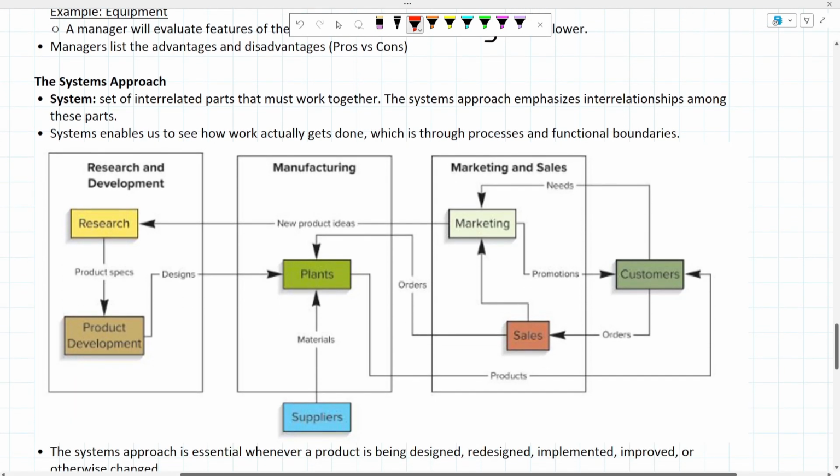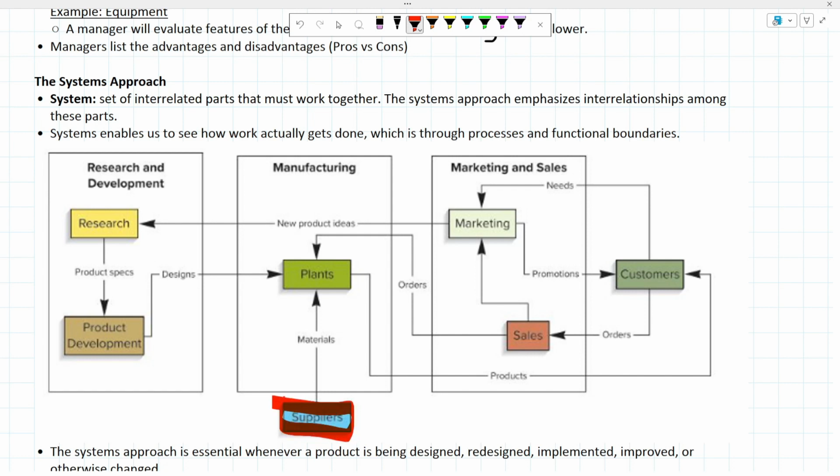So a system is a set of interrelated parts that must work together. The systems approach emphasizes interrelationships among these parts. Systems enable us to see how work actually gets done, which is through processes and functional boundaries. So we have research and development, which comes with research and product development. Then you have your manufacturing, which is plants, such as new product ideas, materials from the supplier on the bottom